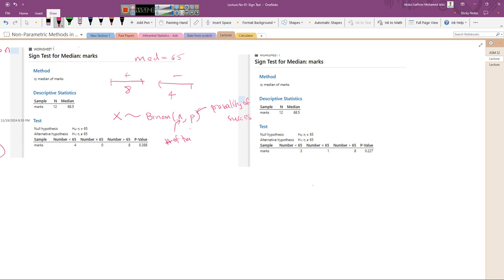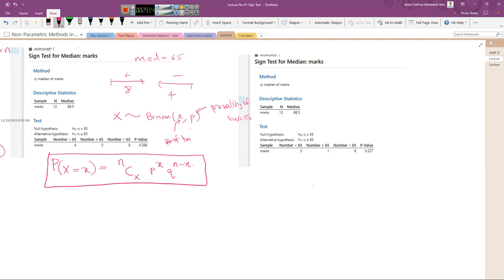Now we have to brush up our knowledge of the binomial distribution. In the binomial distribution, if X is a random variable, the probability of X equal to x is nCx p^x q^(n minus x). This is the probability mass function for the binomial distribution. Now what we have to find out is our success. We first have to identify our success. What is our success? According to our claim,